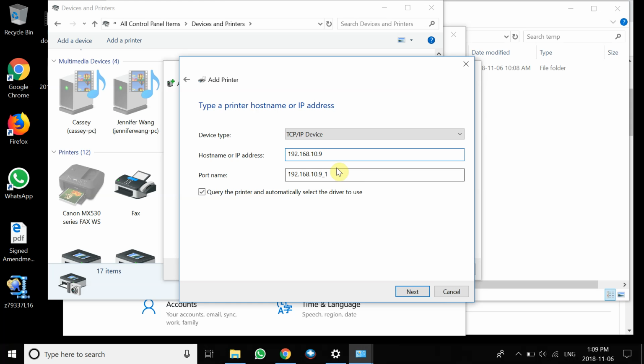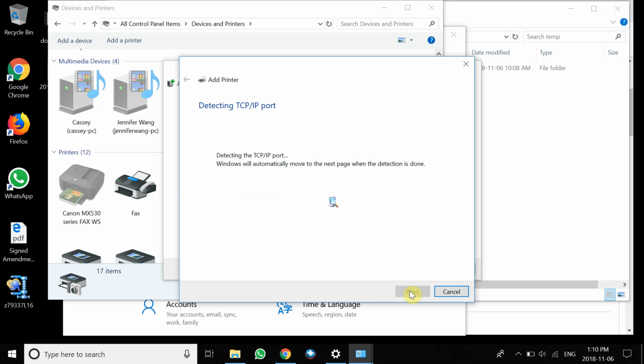.10.9, and .9 will be the far side one. That's the one farther away from the door. So as soon as you walk into the mailroom, you'll find one on your immediate right. That's the one we call the color one, and the other one is .9. That one is the farther away one. They both can do color. Anyways, you hit next,